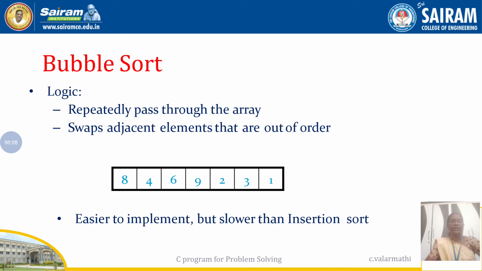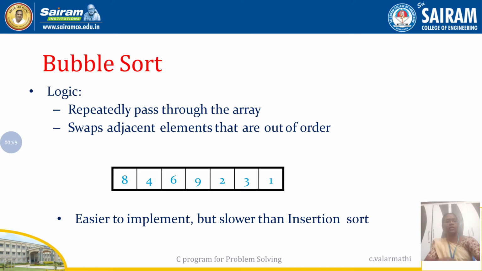So I already told that bubble sort is one sorting process where the comparison will happen repeatedly, comparing adjacent elements. The first element will be compared with the second element, the second element with the third element, the third element with the fourth element. Likewise, this will continue. If any swapping is required, the swapping will be done, or else it will continue this process by comparing the next adjacent elements. That is why this bubble sort is easy to understand, and easier to implement also, right?